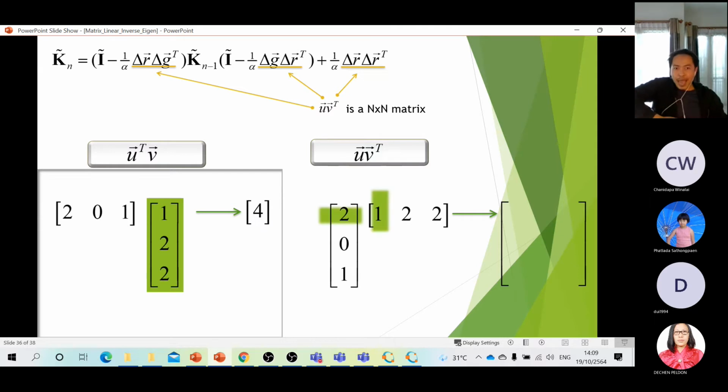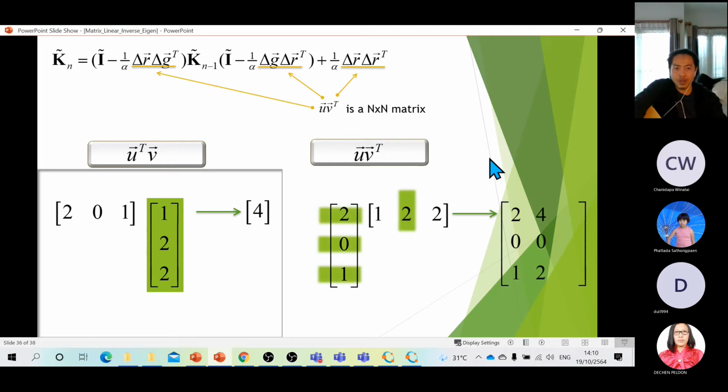Let's do the first element. We have this 1 here, and then you twist that and couple with the number on the left, you get 2. What about the next row? You get 0 in here. What about this one? You get number 1. That's how you do this kind of multiplication. You move on to the next column, the column in the middle here. Then you just keep doing the same thing. You multiply these two to the vector on the left. See there, there.